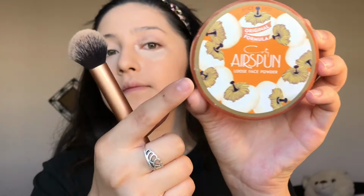Oh, and one thing I do sometimes when my concealer dries quick, and I do this with my Tarte Shape Tape because that concealer dries really quickly and it's really dry, is I spray my Mario Badescu spray and then blend it out. And then for powder to set the face, I'll be using the Airspun Loose Face Powder